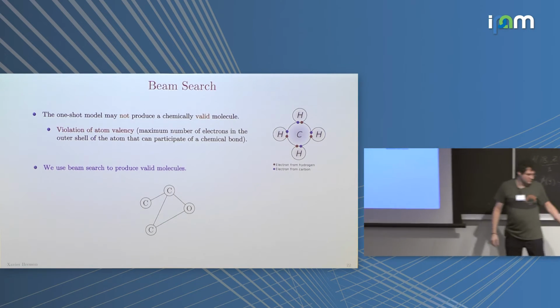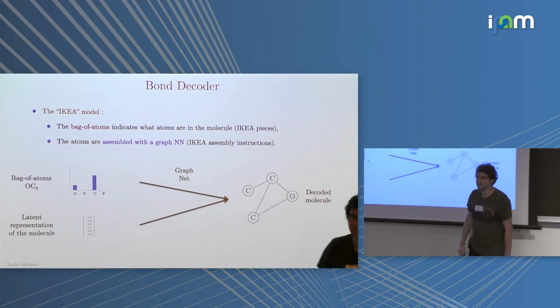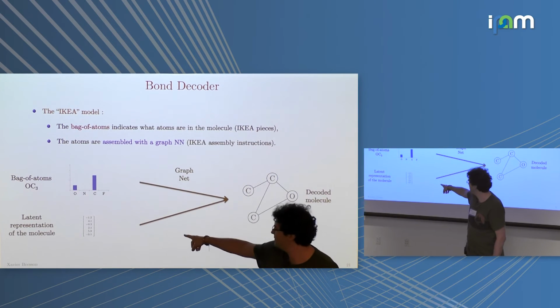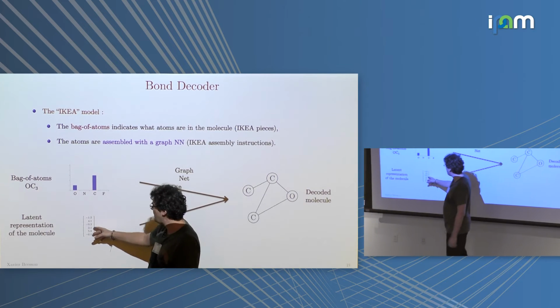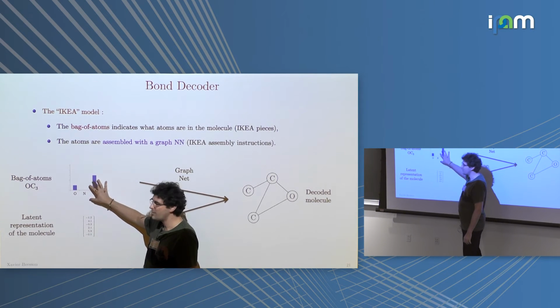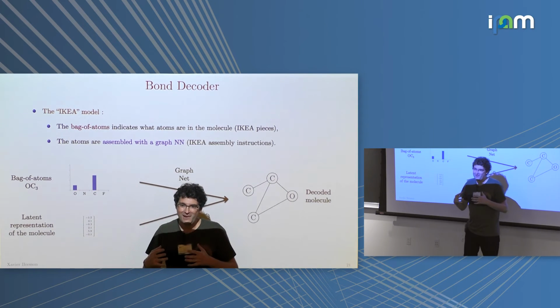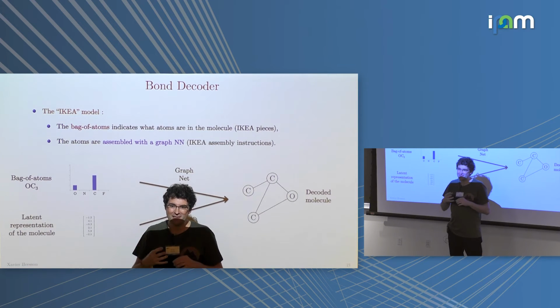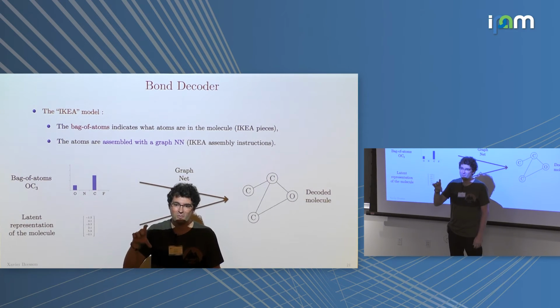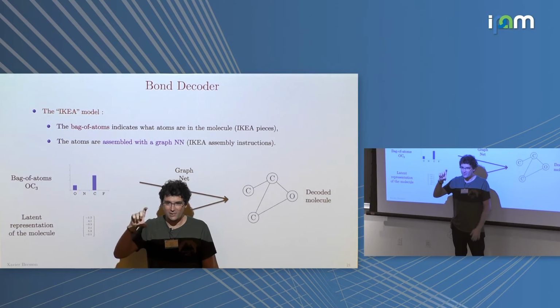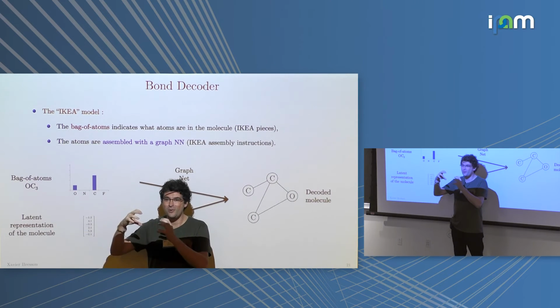Question. When you said that you have a representation of the molecule, what part do you exactly put right here? The meta representation. So what we have is all the atoms inside the molecule. And what we have here is the guide, and the guide is basically the vectorial representation of the molecule. So during learning, we tell the system, okay, you need to summarize the molecule inside one vector, and this one vector should also give you the instruction to assemble together all the atoms.